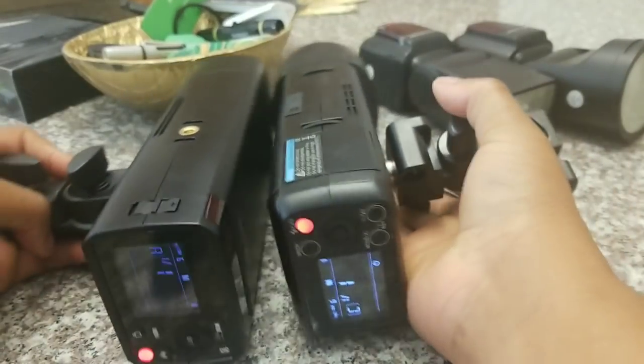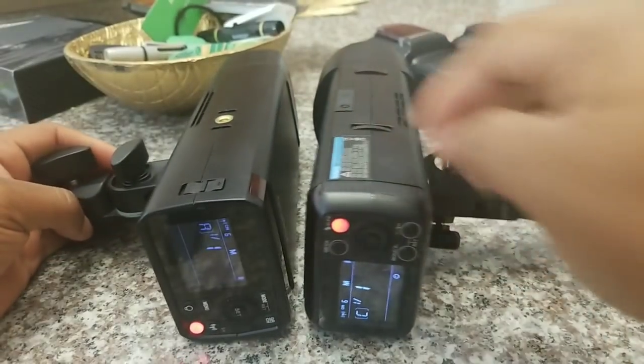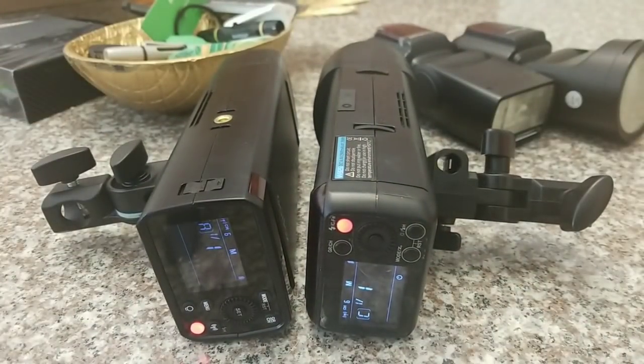Would I sell my 200s to go buy one of these? Probably not, because I don't have a lot of money, and I have no problem admitting that. Let me turn this around so you can see this. I don't have a lot of money. And when I started into photography, I'm a country boy. I wasn't going to spend a bunch of money on a bunch of accessories to keep reselling and stuff like that. Now, I do it to my cameras. I always want to have a fresh camera. But will I go sell my